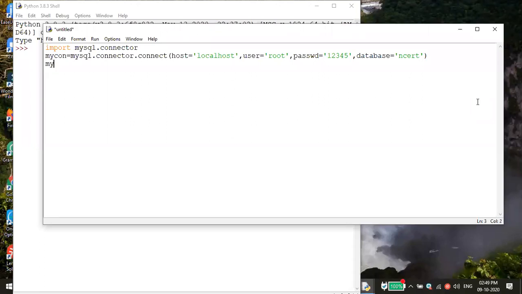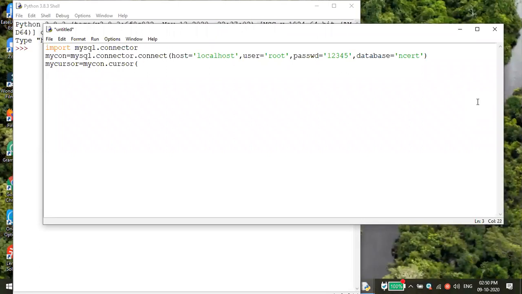Suppose I am typing a for the object, but when you see it for the first time you have to understand. So let me take mycursor. That is the cursor object we are giving. How? mycon is the connector object, first of all. Dot, which function is used to create a cursor? The cursor function. Very good. Now we created the cursor also.